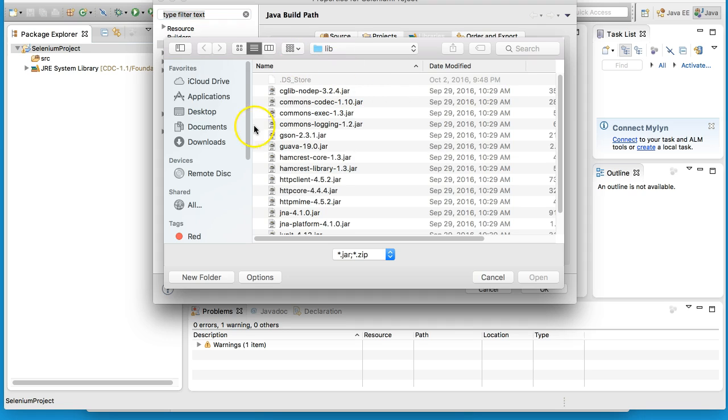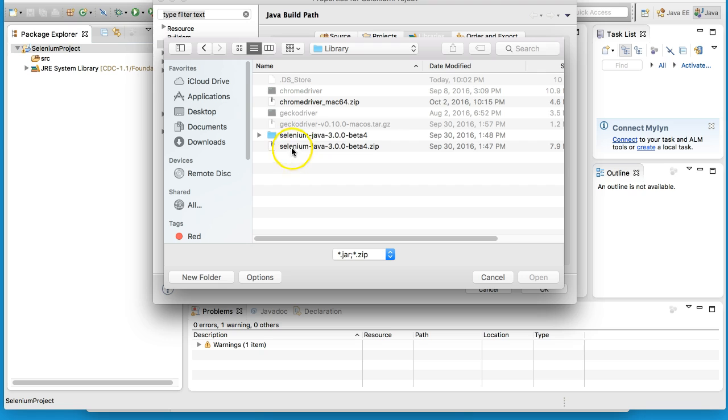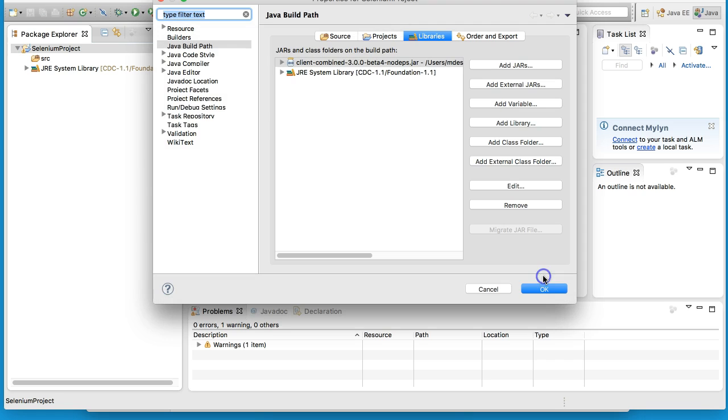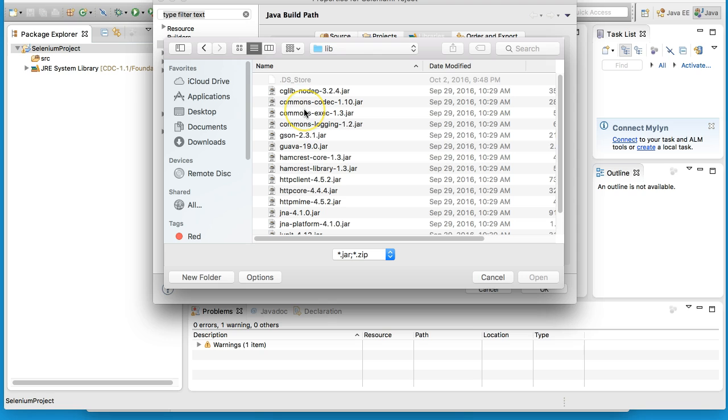When you click on external jars, you just need to browse to the location where you kept all the jar files. So let me see whether I'm in the correct folder or not. So this is the first jar file which I want to add, this one. And then I will be going into the lib folder and add all other jar files.